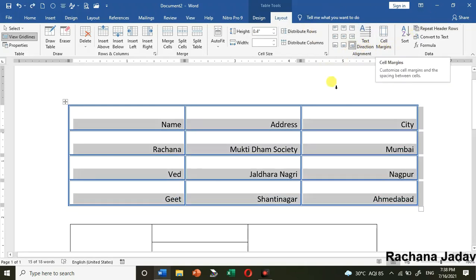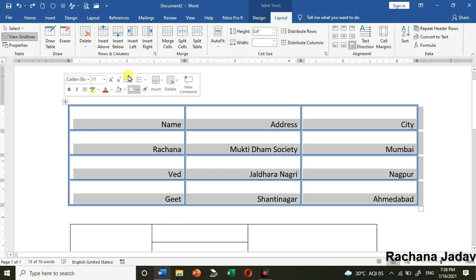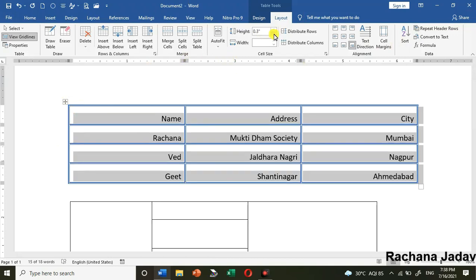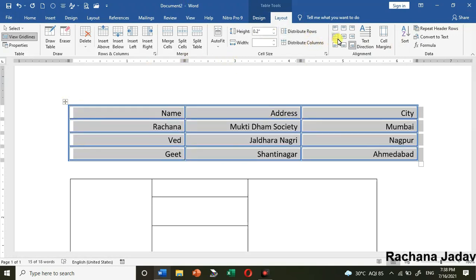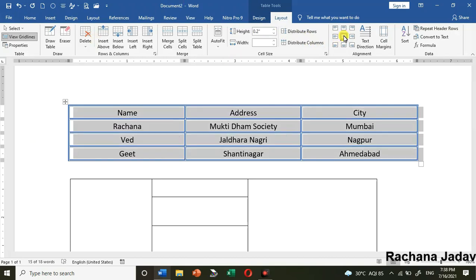Okay, then yes, the next thing: if you again want to decrease the row height, yes, you can go with this option. And I mainly prefer this one, that it is in the center, right, from middle center. So you can do this, you can create your own table, you can do the editing, and if you want to see related to mobile, then you can go to my channel. Again and again I am saying, if you click on the i button, you will get how to create a table and how to do the editing of the table in your mobile phones with the help of Microsoft Office.